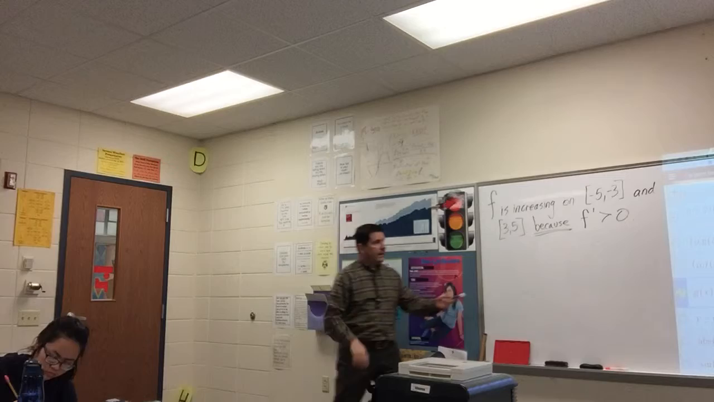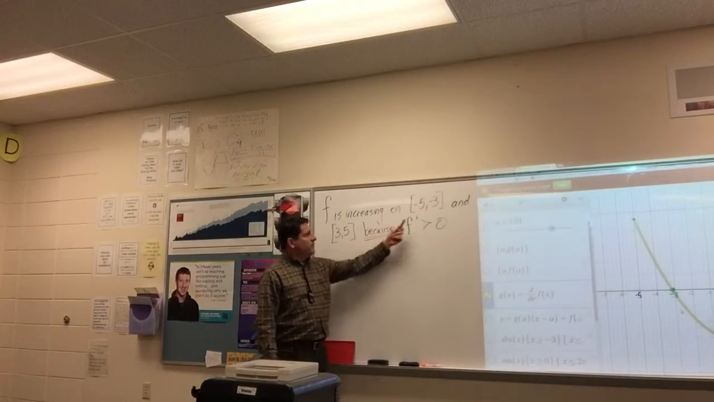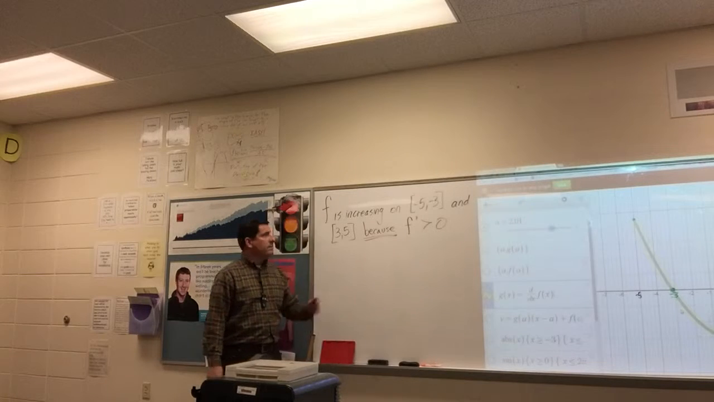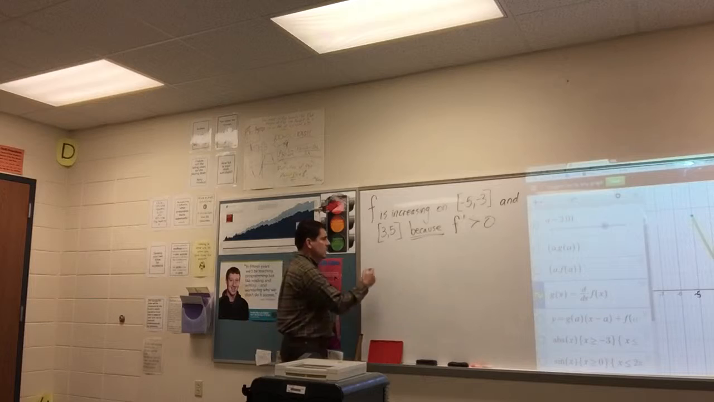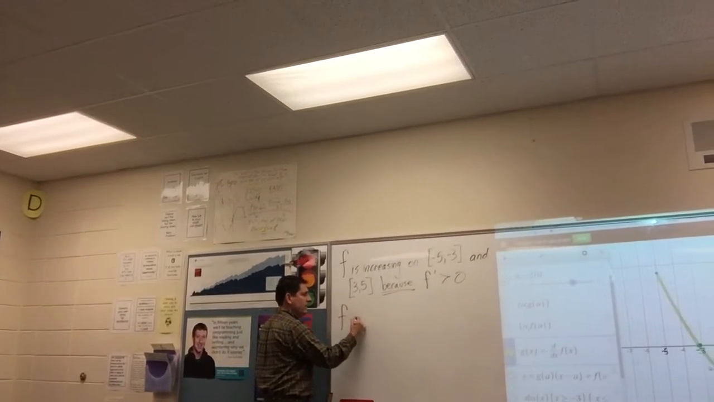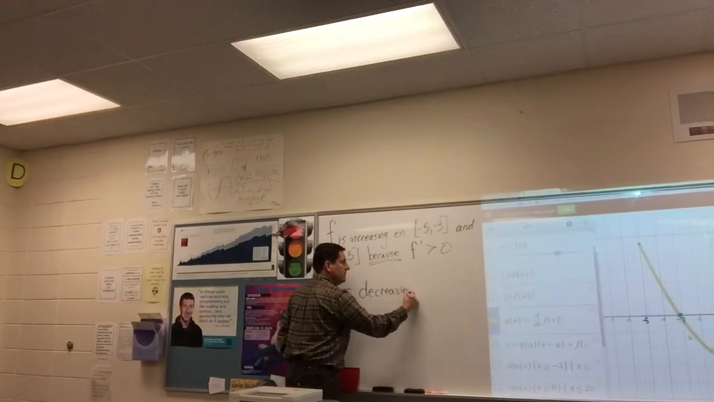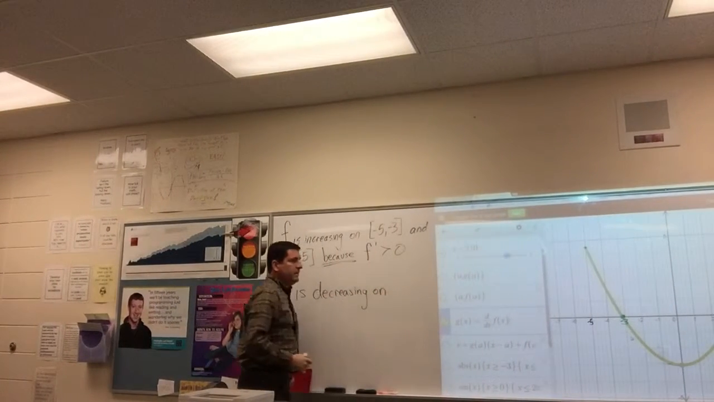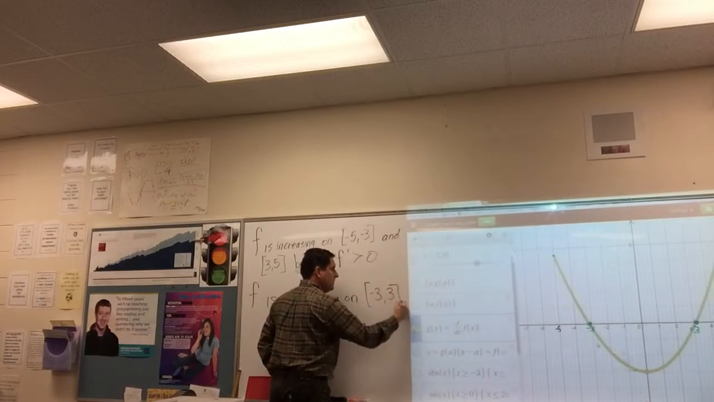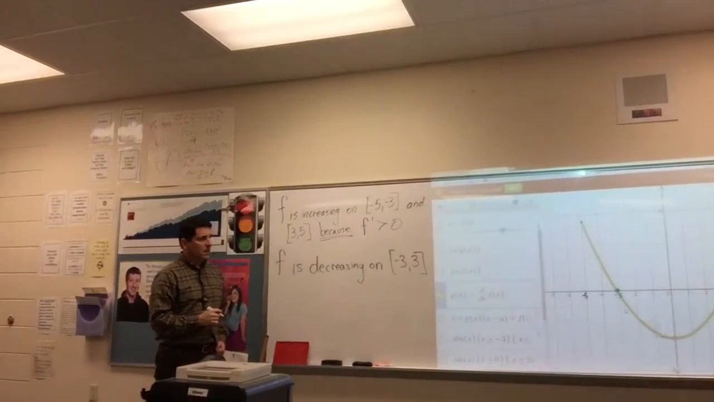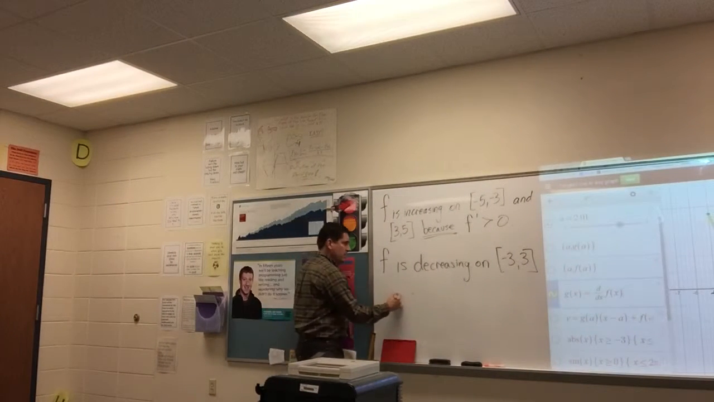You look at the yellow graph, both of these intervals, the derivative is positive. That means the function is increasing. Likewise, the function f is decreasing on the interval from -3 to +3. The function is decreasing on that interval because